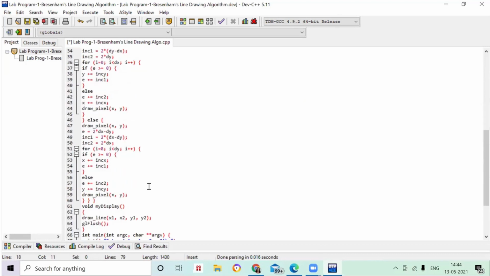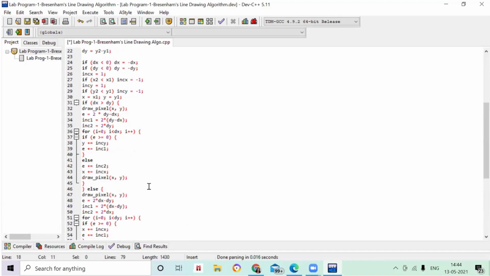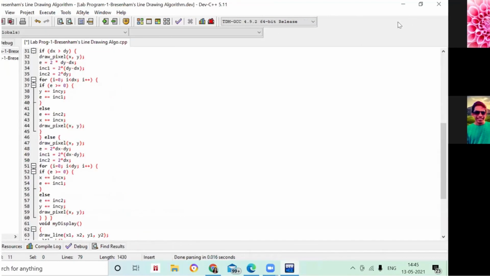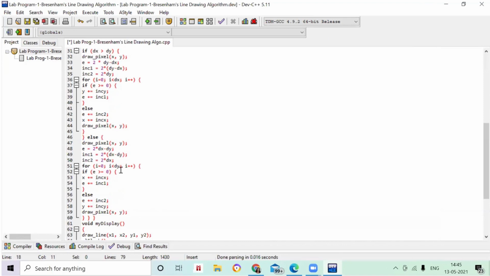If you come back here, you can see that you are going to plot the values of your x and y. Again in the else statement also you are going to plot the values, because each time, whenever you are checking whether it is less than or greater than, you are going to plot the values. Okay, so that will be there.